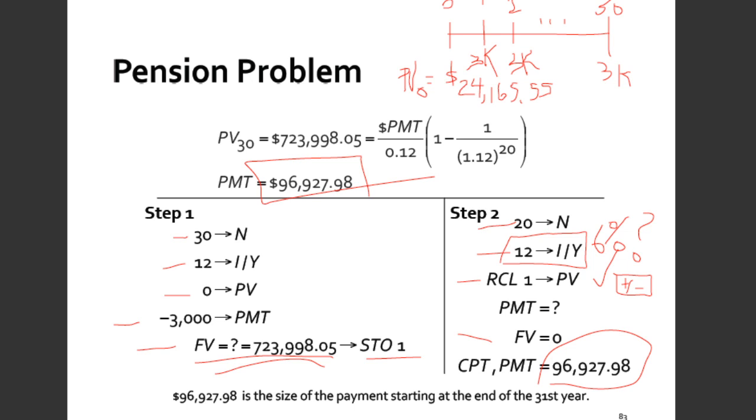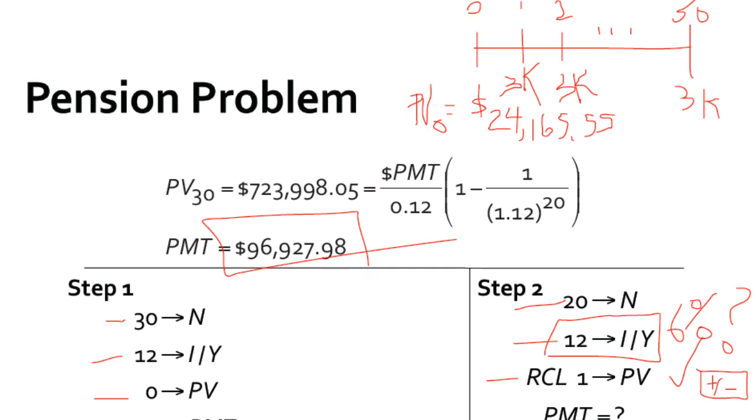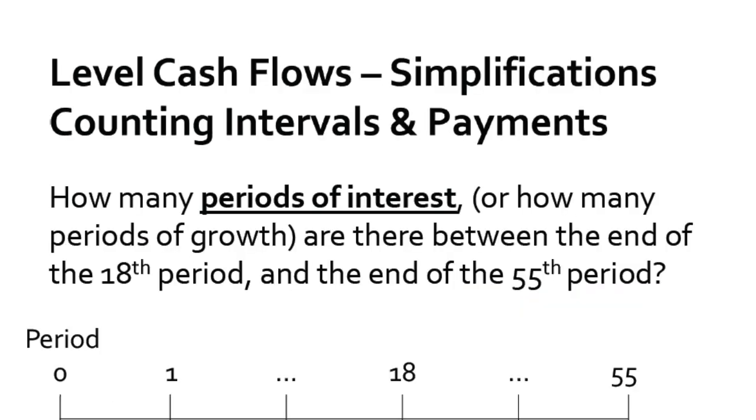So in this problem, you're going to withdraw $96,000 for 20 years, and then the fund is done. That's it. As you withdraw the payment, the remaining amount continues to accumulate at 12% in that exercise. So it does account for the withdrawals. So we'll see that in some of the notes that I gave you. All right, so the last couple things about these notes, I just make some points here about the difference between counting periods of interest and periods of number of payments. Just to make you aware, if you get a problem that tests you,